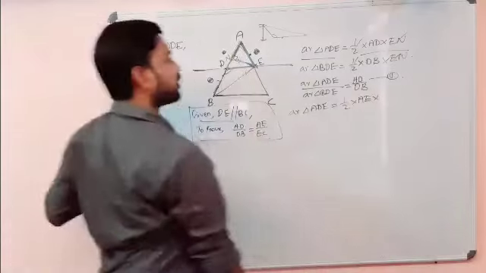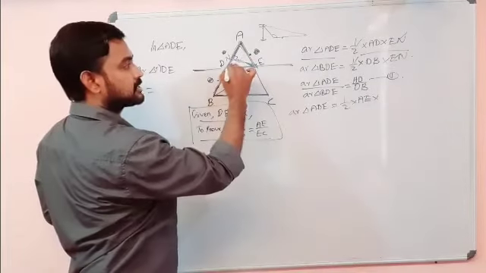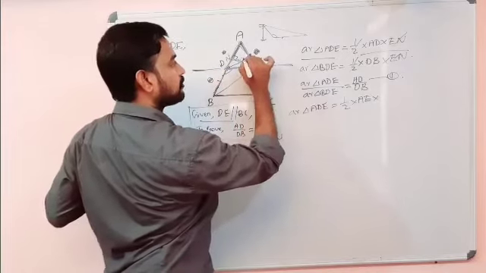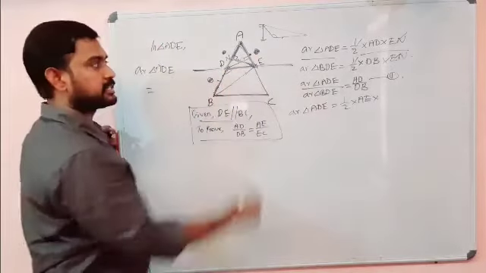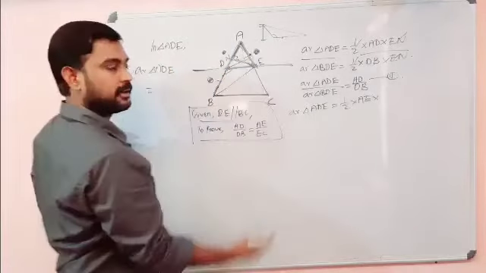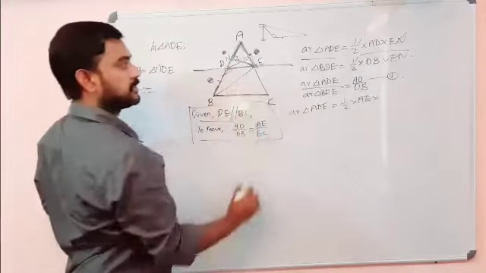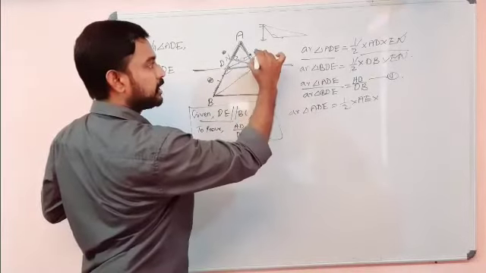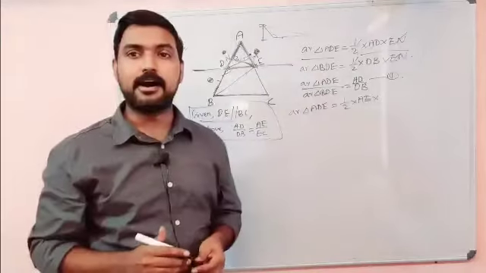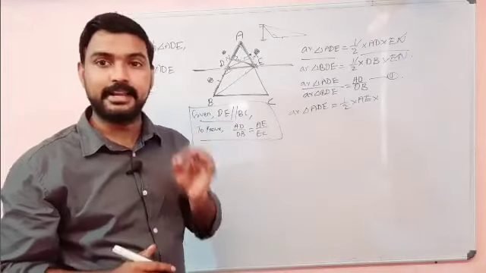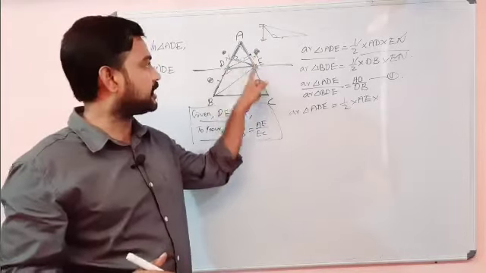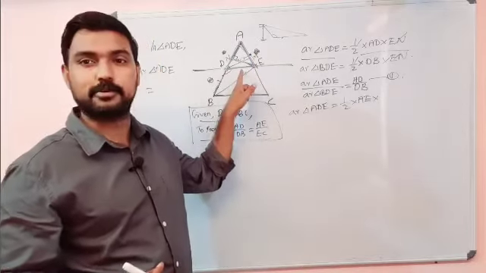What is the height we require? The height comes from the opposite vertex, from this point D. So we can draw a perpendicular to AE, which is the height of triangle ADE if we consider the base to be this. Base is this, then this is the height. We can give the letter M here. So this DM is the height of the triangle ADE if we consider the base is here. If the base is elsewhere, another height can be drawn.